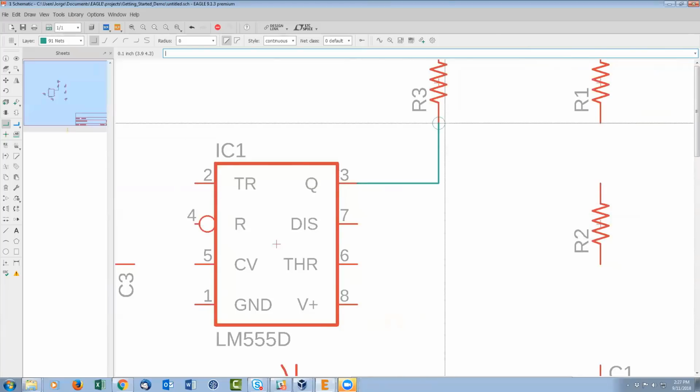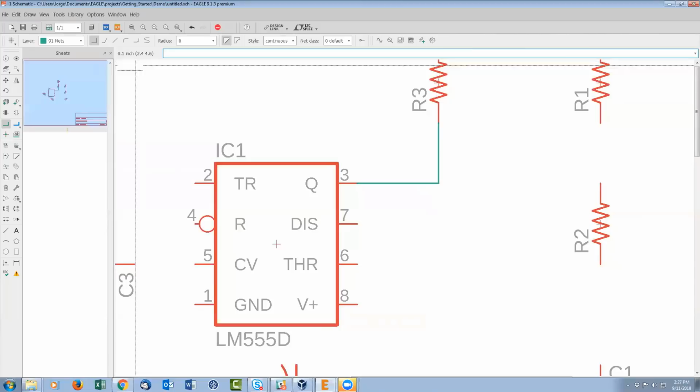One thing to note, the 0.1 inch grid in the schematic, extremely important. On the schematic editor, do not deviate from a 0.1 inch grid. If you like the metric system, just change the units to be metric. It'll be 2.54 millimeters, but do not deviate from that size of grid, because what can happen is every symbol